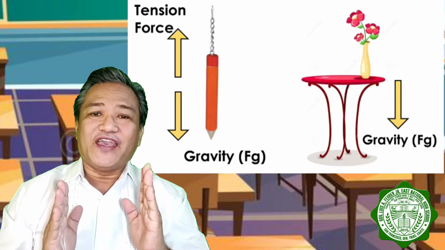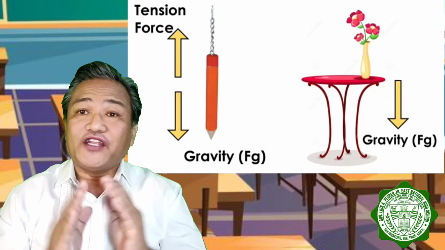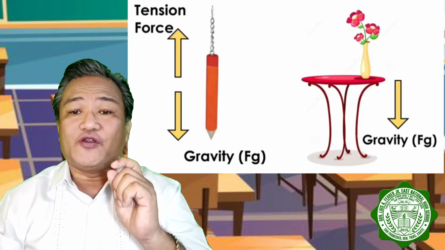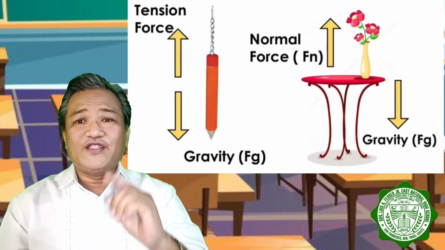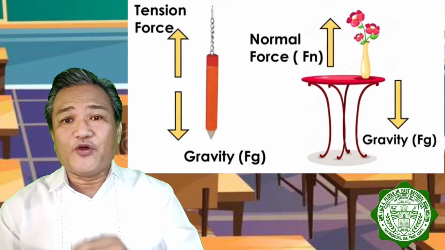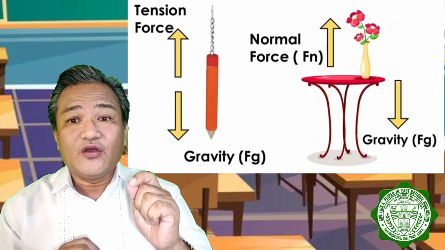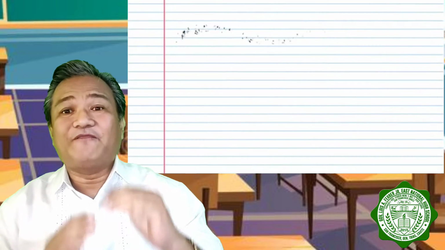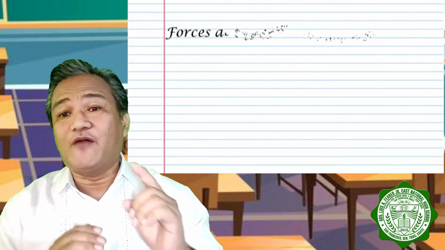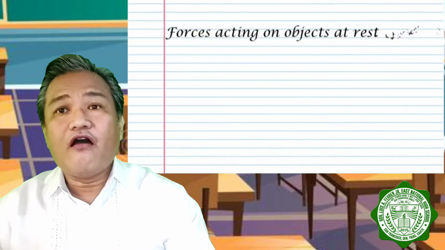The vase, on the other hand, stays at rest because of the upward push exerted on it by the table, which is referred to as normal force. Notice that both tension force and normal force counteract the pull of gravity that acts on the objects, which makes them stay at rest. In both cases, we can now infer that the objects remain at rest because the forces acting on the pen and on the vase are